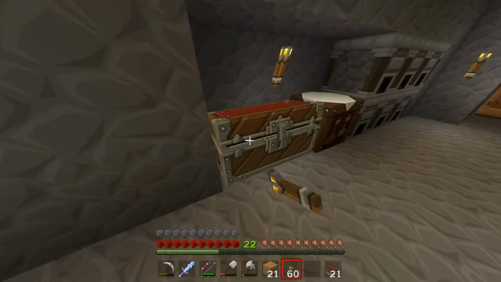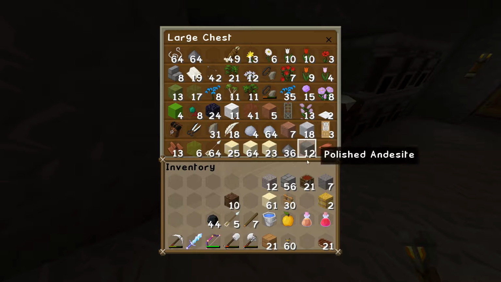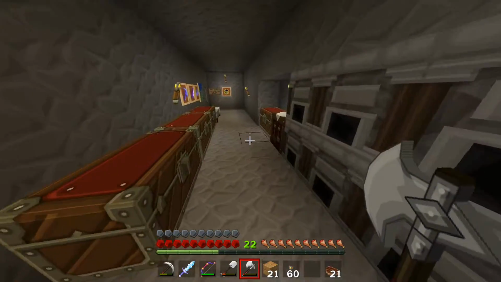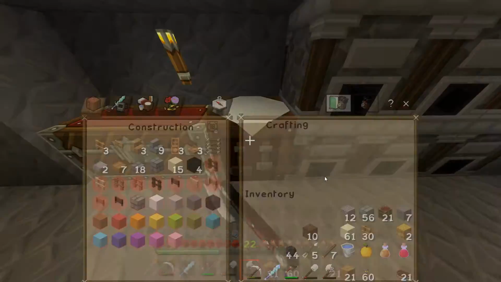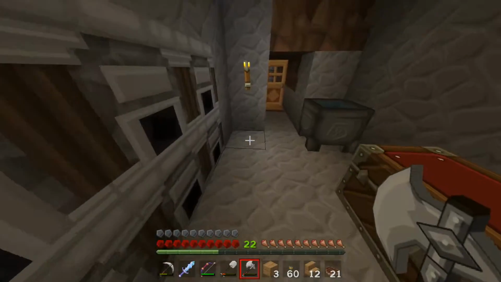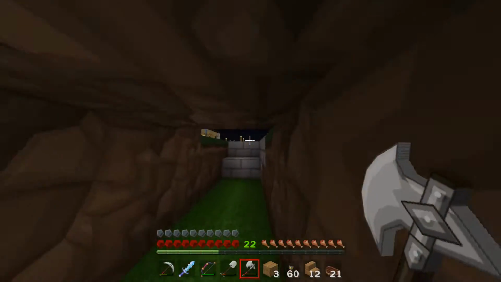Oh, we are going to have to hit the tree farm. Well, I'm not going to do that on camera. It actually takes me about 3 iron axes to get through our entire tree farm. It is an awful lot of wood. I would like to make a bunch of stairs, though. All right, so maybe we won't do the...